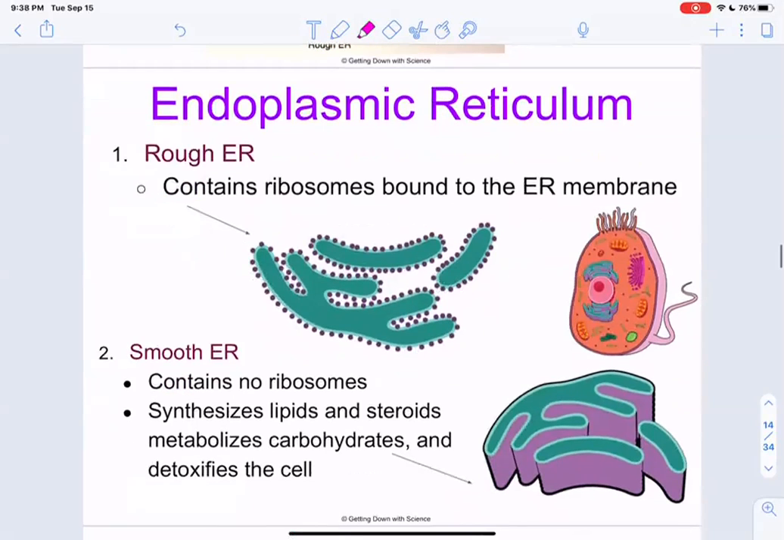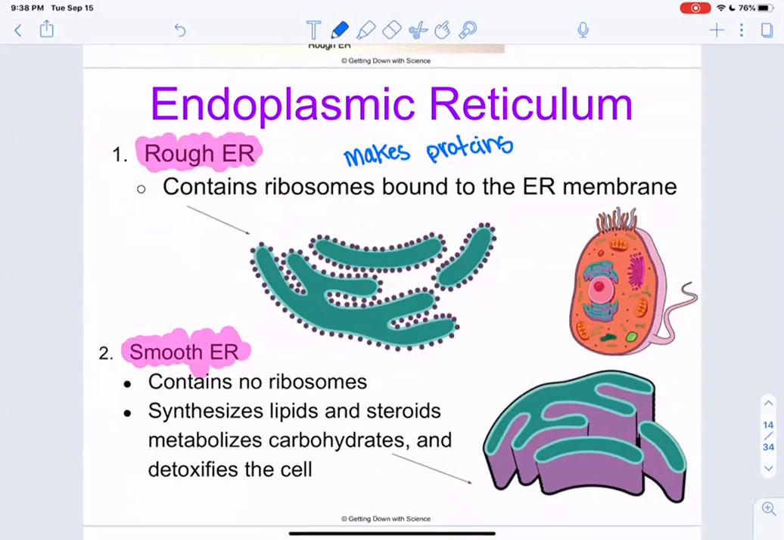And so what the rough ER is going to do is that the rough ER is going to be making proteins. These proteins can be used for a variety of functions, like making enzymes, antibodies, structural proteins, integral proteins, a lot of things. Whereas the smooth ER